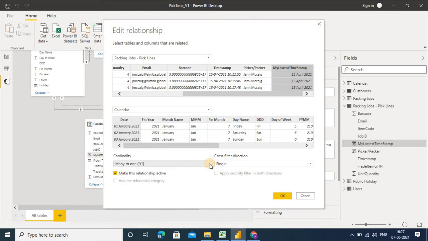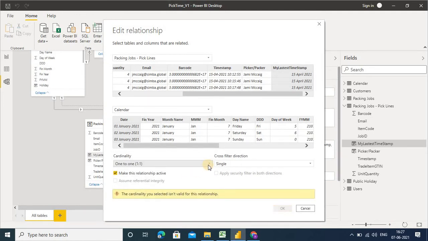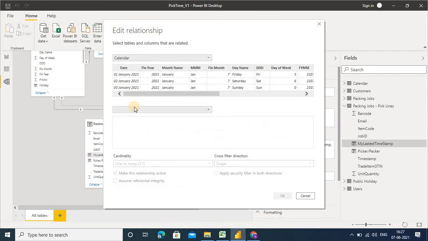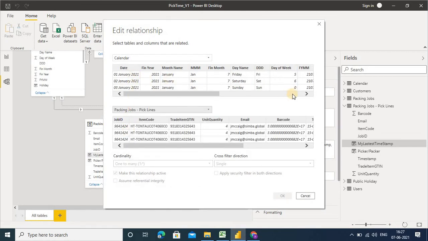Now you can see you will get more options, one to many, many to one, whatever you want, many to one. Now it is not many to many or one to one. One to one is not possible because in your table there is so much content. Or you can do one thing, just click calendar here and packing job here. So a one to many table will appear here.